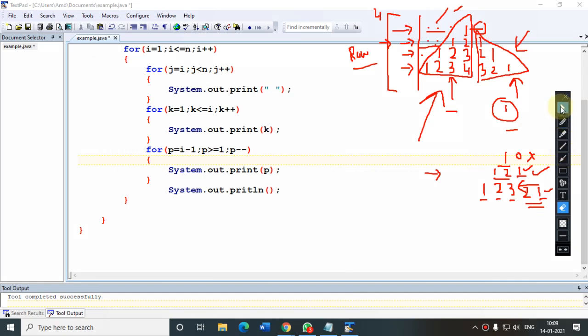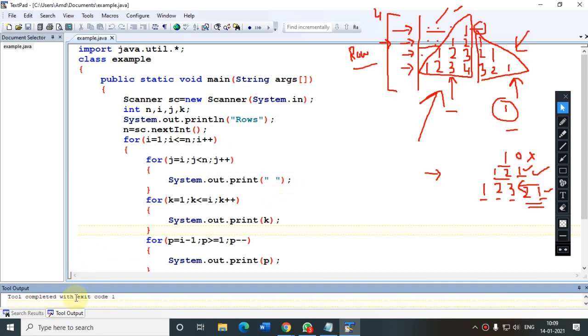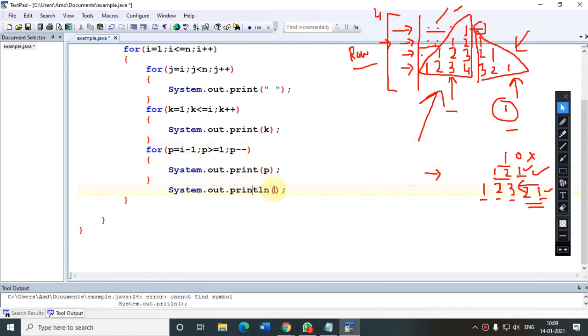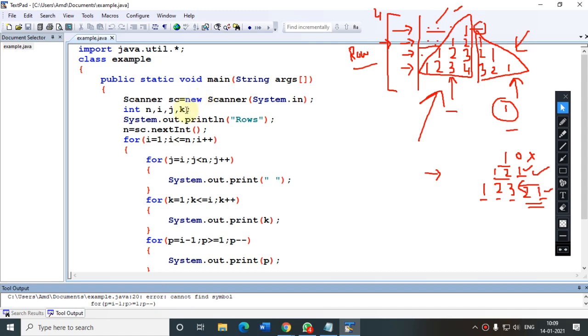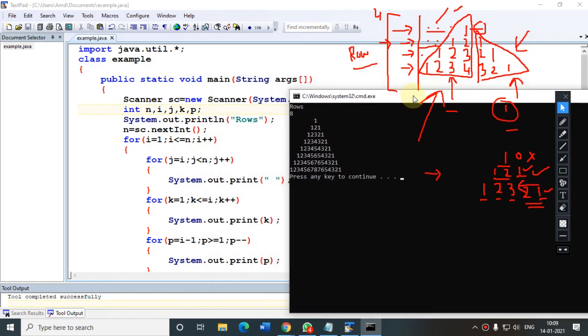Now let me execute this program, then only you will feel better. There is some error, something I have missed. The spelling of println I have missed. Print, yes, that's fine. There's still one error. Go through the starting point. The variable p I have missed. So these are the common errors which you get while executing this. The number of rows I am inputting here is 8. Now see, everybody can easily understand and you can compare with the coming output.